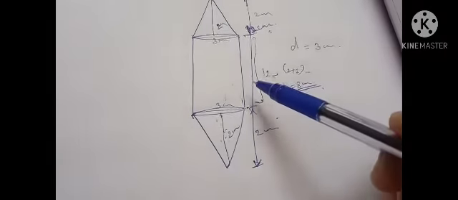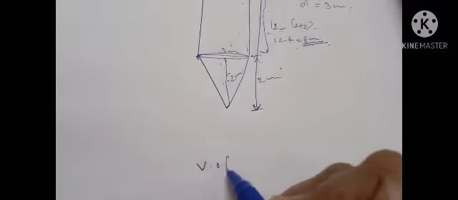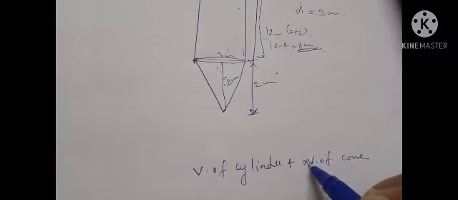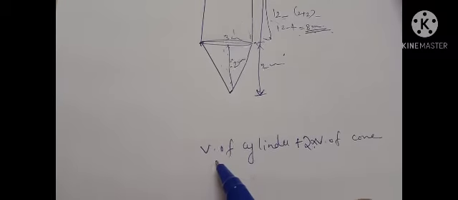That means here we have to find the volume of air contained in the model. That means we have to find the volume of this solid. For that what we should do? Volume of the solid should be equal to volume of cylinder plus volume of cone into 2, right? Because these two cones are of equal measures. So when we find the volume of a cone, we can multiply by 2. Then we will get the total volume of these two cones. Then we have to find the volume of this cylinder. So here we have to find volume of cylinder plus 2 into volume of a cone.